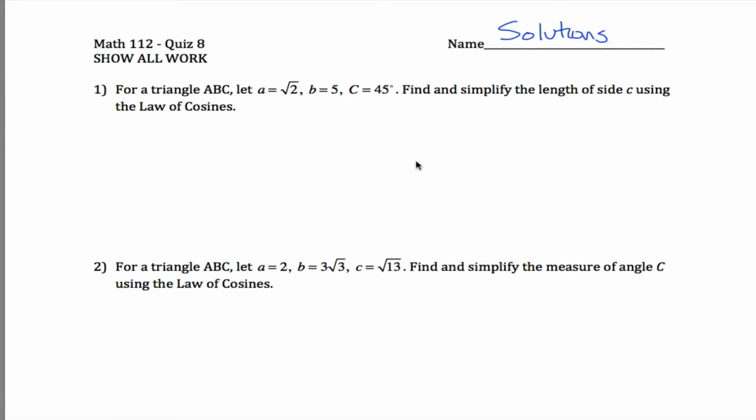Quiz 8 for Math 112. These first two problems we're using the law of cosines. Law of cosines, there's a couple different versions. Actually, there's 3 different versions of it. But I think the version that you'll want for each of these problems is that c squared, little c, equals